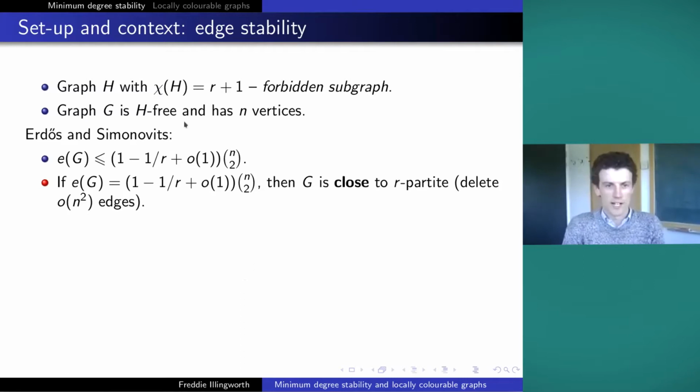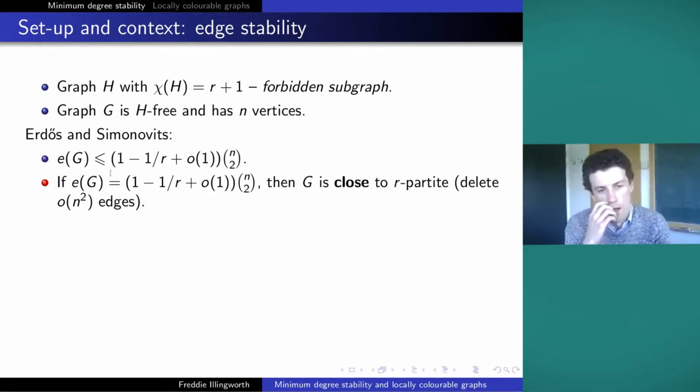So throughout, we're going to have some graph H that we're going to forbid, and it's going to have chromatic number r plus 1 just to make all the expressions nice. And so G is going to be some generic H-free graph on n vertices where n is really large. And so if H is a clique or something, then Turan's theorem tells us most edges G can have, and more generally, Erdős and Simonovits proved upper bounds for the number of edges G can have, which is this third bullet